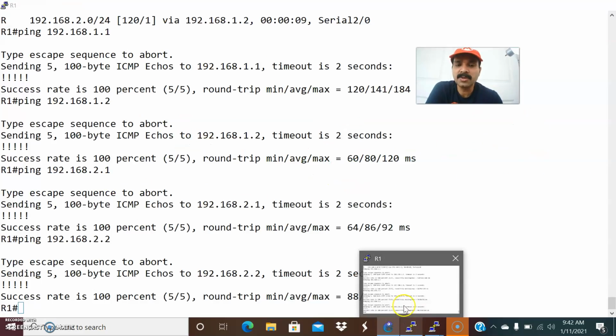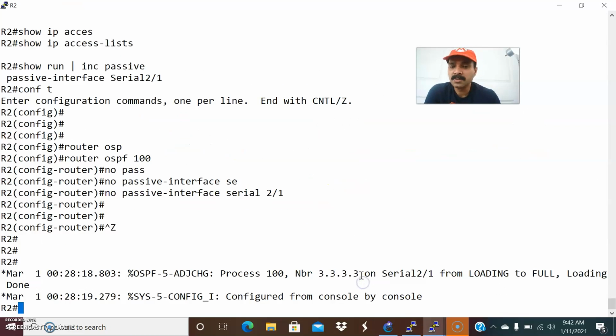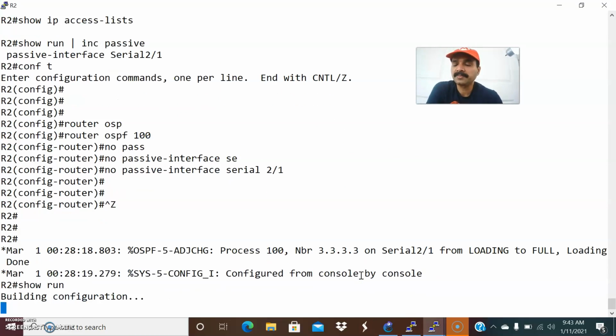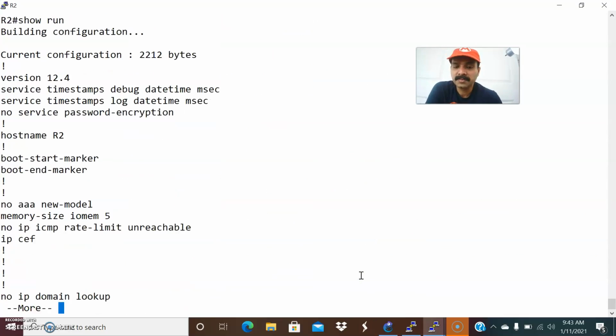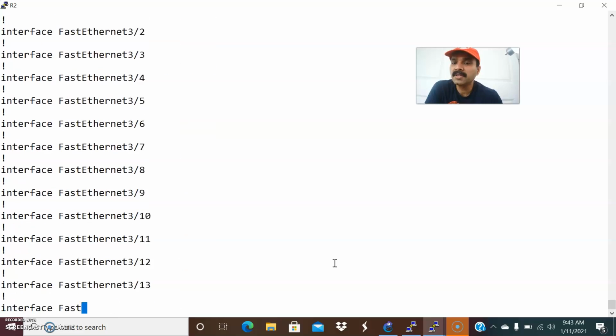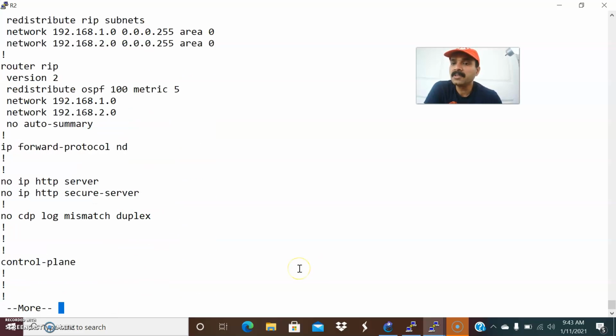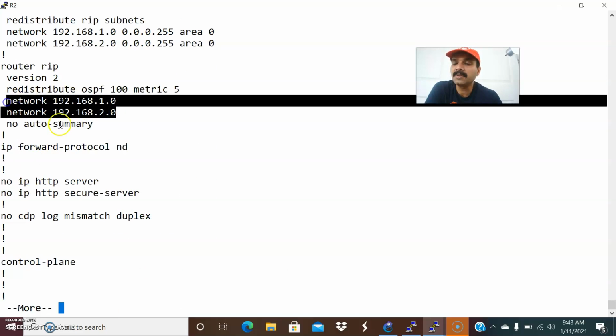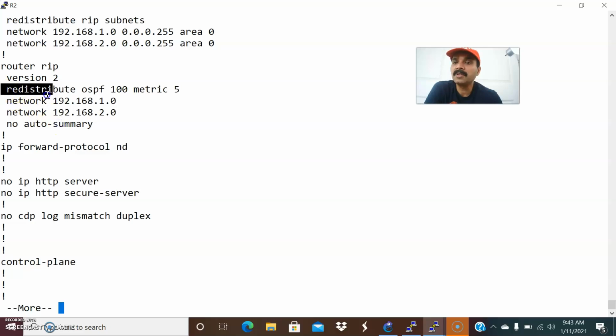If you want, we can look into the configuration once. Let us go to show run, the show running configuration. Let us see how we configure it. This is the way you configure router rip, and we have to advertise the directly connected interfaces, right? These are the remote interfaces 1.0 and 2.0. We have to advertise them, and also we have to redistribute OSPF with the autonomous system number. Then we have to define the metric, right?